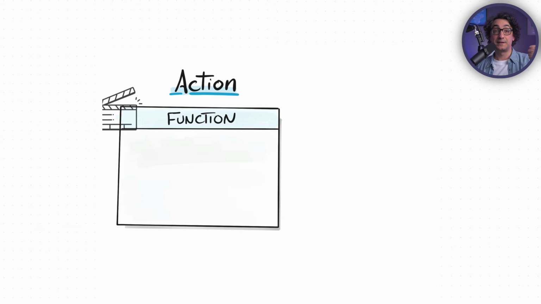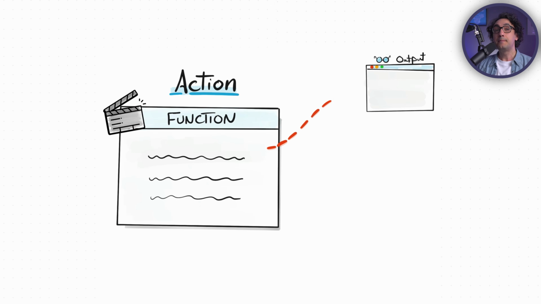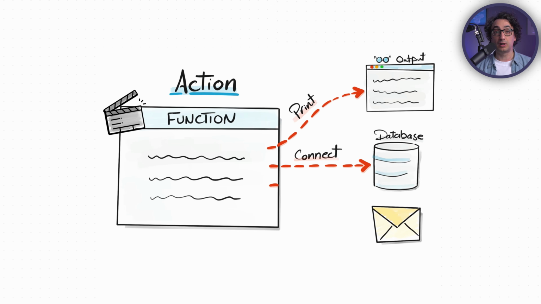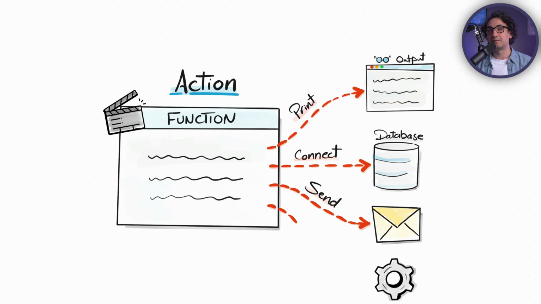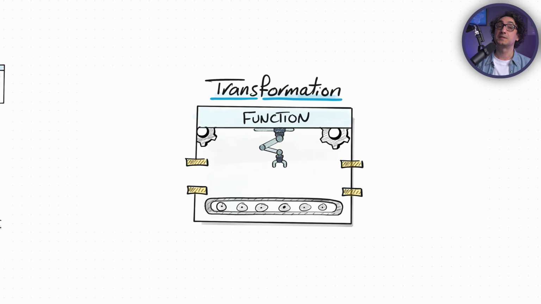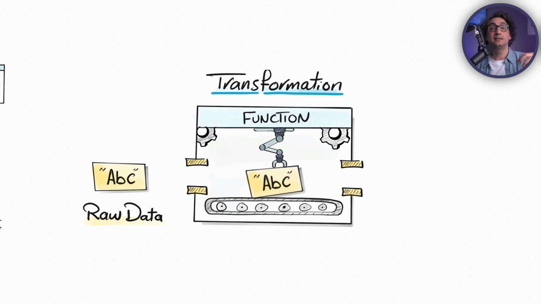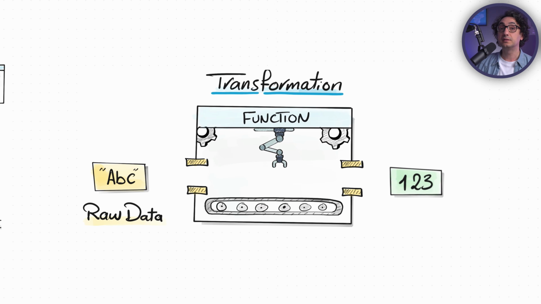Alright friends, so with that you have learned the different types of functions based on the purpose, the use case perspective, and now you have more understanding of how we use functions in real projects. So again, the first type, the action functions, they make things happen. They interact with things outside your program, your system: printing, saving files, calling an API. Another very famous form is the transformation function. They work with your data. They take input in, they change it, and then they return a new value.